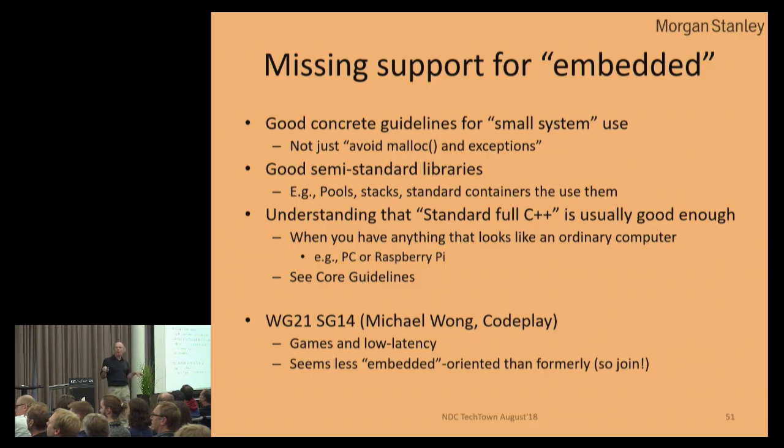Why don't we have a flat map? And the answer is that the standard library was designed by people who thought free store allocation was cheap and that linked structures were good. Well, with caches and with constraints on memory and allocation, that's not good enough. Also, the guidelines are quite weak on embedded systems programming. We are trying to deal with that.